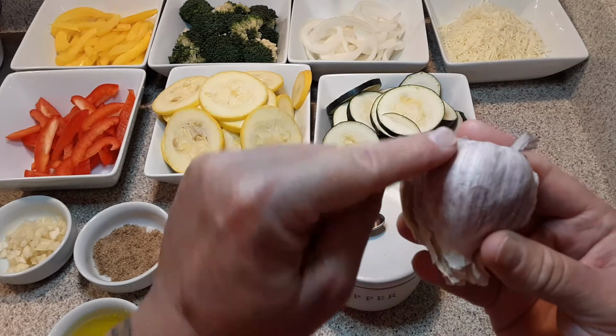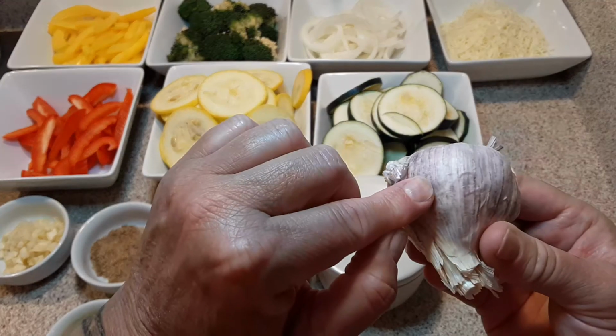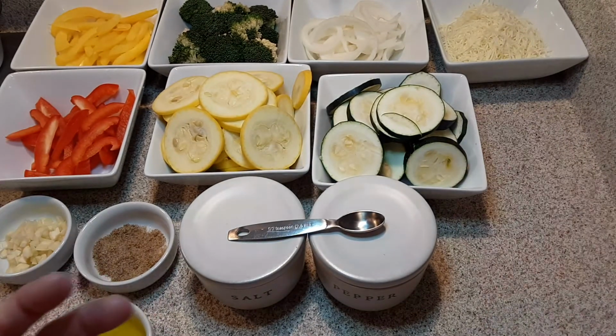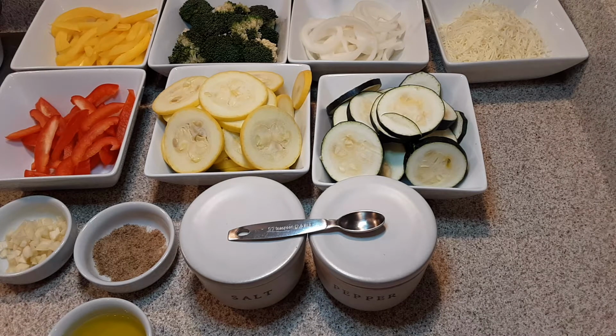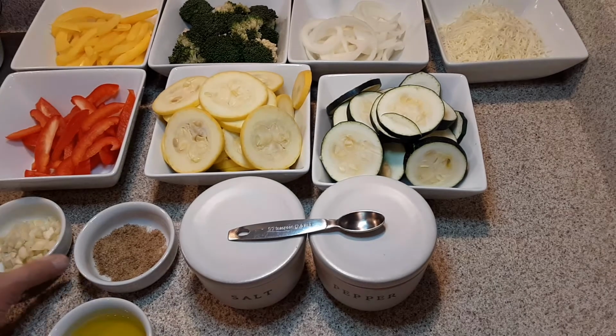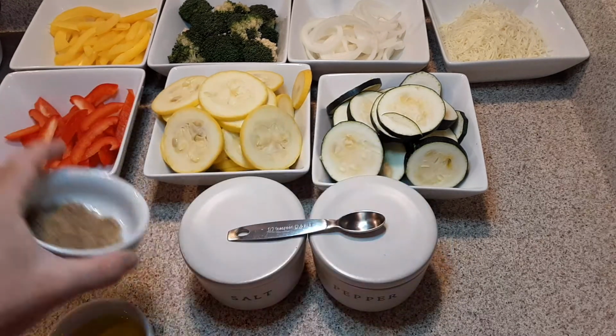The cloves are the little babies that are inside of them. There's a clove, that's a clove, and that's a clove, for those of you who don't know. It's okay to ask, okay? It's never okay not to ask. When you're unsure, ask. So we're going to have 6 cloves of garlic minced, 2 teaspoons of a seasoning salt,